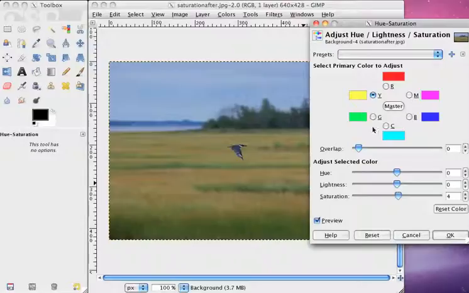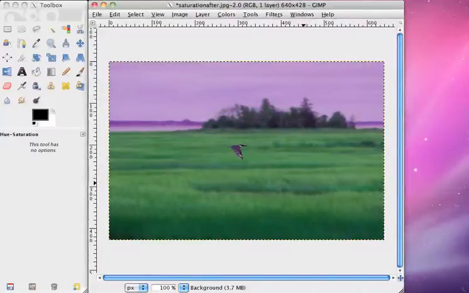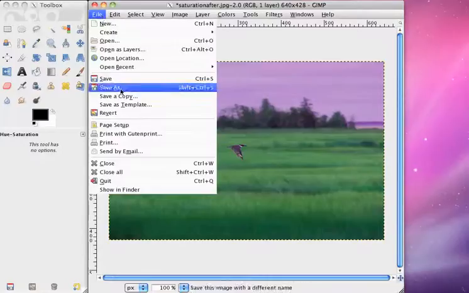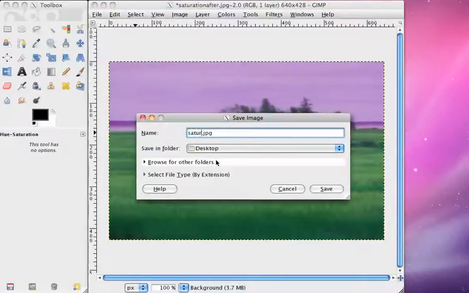So for the final image, I'd like you to play around with this. You can select any color you like, or you can return it to master to change all colors at once. And I would like you to come up with an image that you think is interesting and unique. Once you have your saves, you can press OK, and you'll save this image as saturation